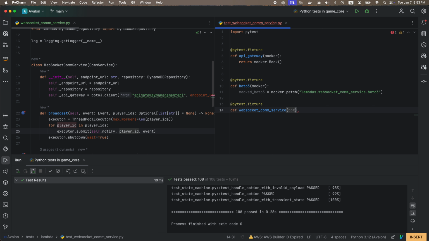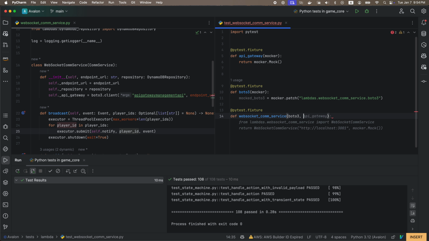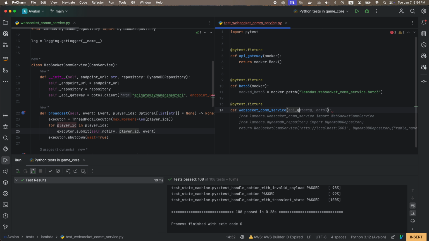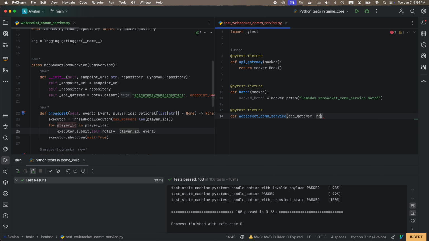We need photo 3. No, actually, we only need API gateway and the repository. So now, yeah, we need an endpoint. Endpoint URL equals to